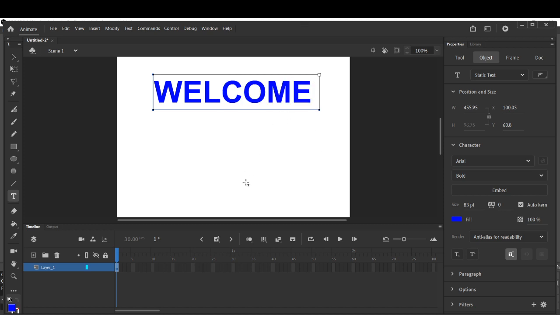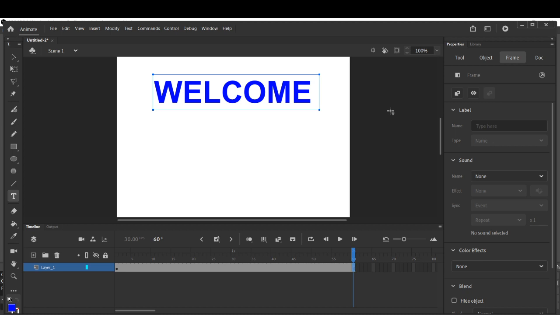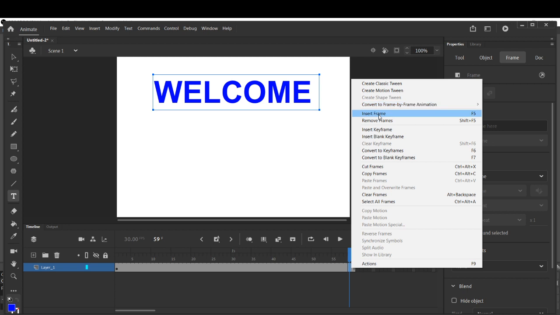After writing this, right click on frame 60 and insert frame, or you can press F5 also. Clear, children? So in the first layer we have written a text, and then at frame 60 or frame 40, it is your choice, you just right click and insert frame.